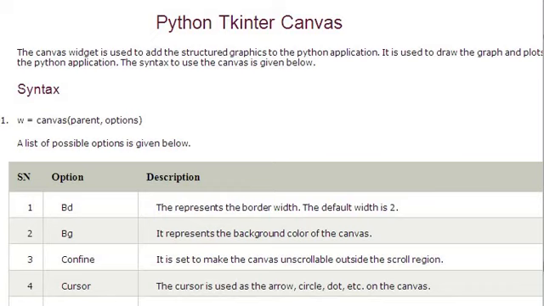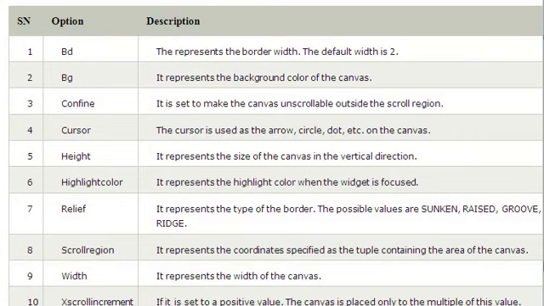We have BD, the border width, and the default width is 2, and BG, background color, and confine, to make the canvas unscrollable outside the scroll region. And cursor, the cursor can be an arrow or circular dot, anything on the canvas. Height in vertical direction, and highlight color,